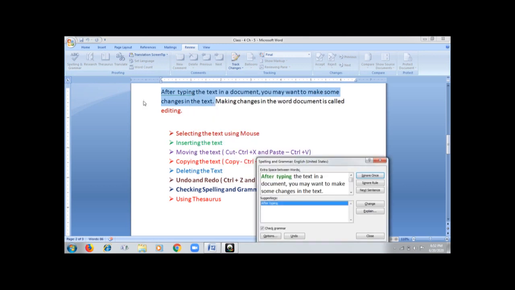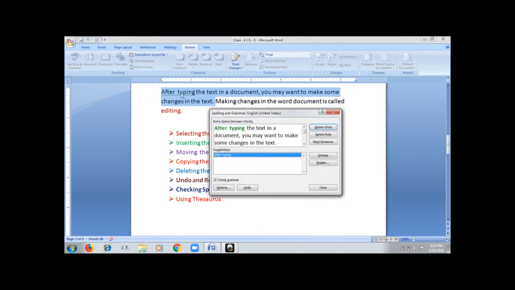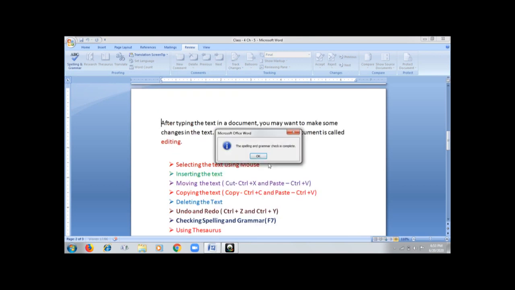Okay, now you can see two words are coming in green color also, and on the screen they are underlined with the green wavy line. Why? Because you can see two spaces are there and it is showing that there should be only one space in between. So these types of grammar errors or punctuation errors are always shown with the green wavy line. Now here again it's the right one, so you can change it from here. Now it's saying the spelling and grammar check is complete.